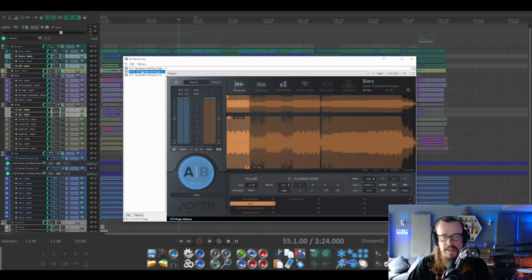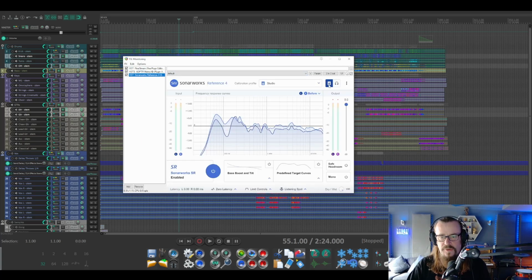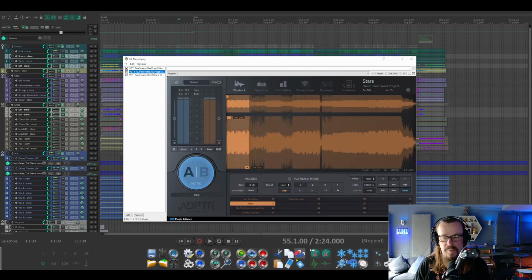The second one is Metric AB, and this is where we'll be spending the majority of our time today. And after that, I've got SonarWorks. And currently SonarWorks is set to the studio monitors, so I'll set it to headphones for now because I'm working on headphones. So if we go back to Metric AB, within Metric AB, I can store songs that I want